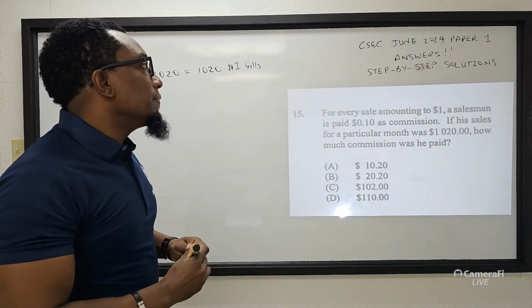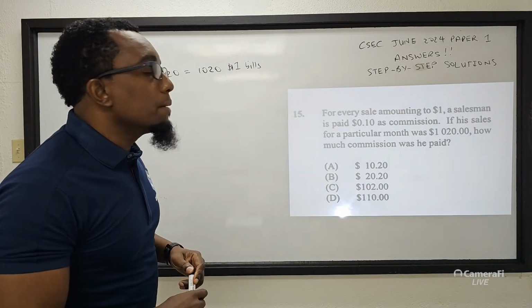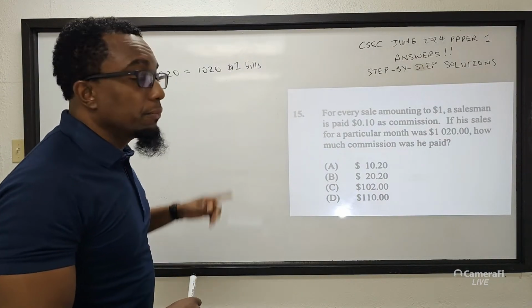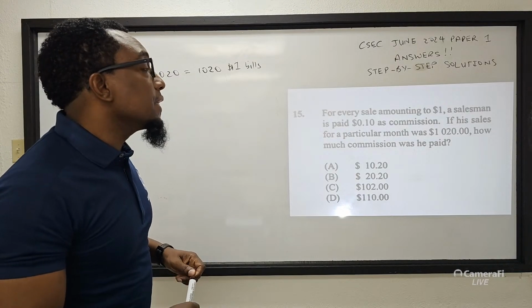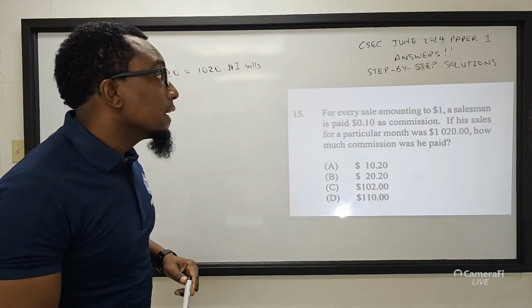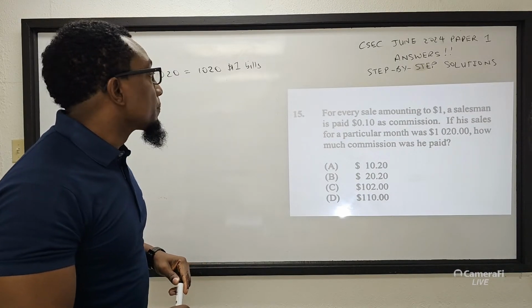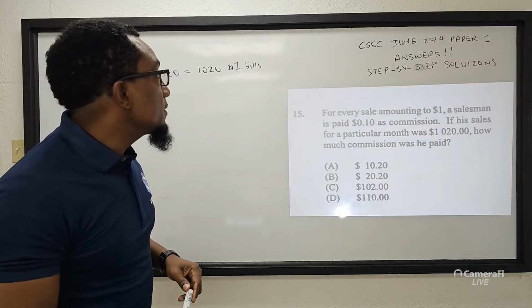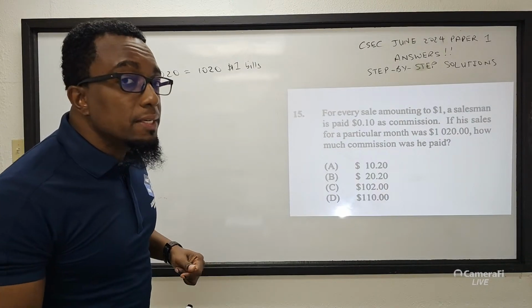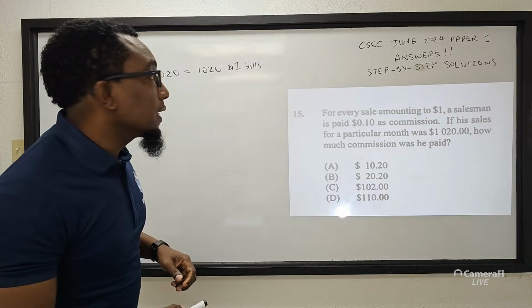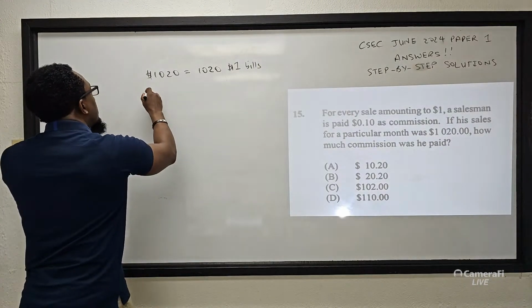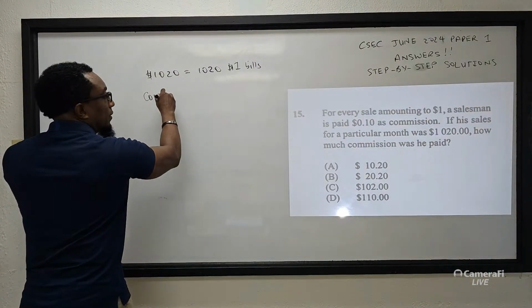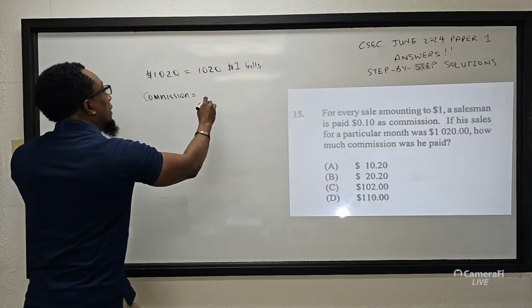And if for every sale amounting to $1, we have 1,020 of them, a salesman is paid 10 cents as commission. So for every $1 he's paid 10 cents, and we have 1,020 of them. So therefore the salesman's commission will be